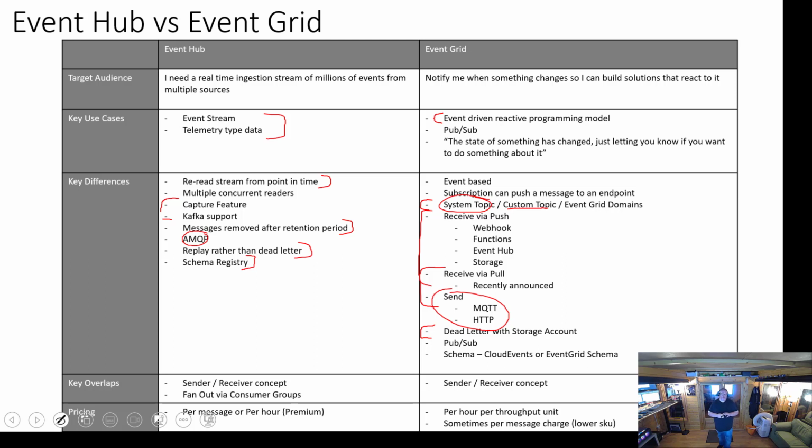That schema is really about your own message body. What does it look like? What format would it be in? The schema for Event Grid's different. So you've got